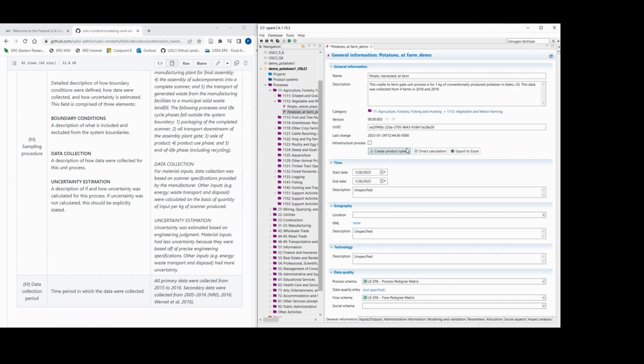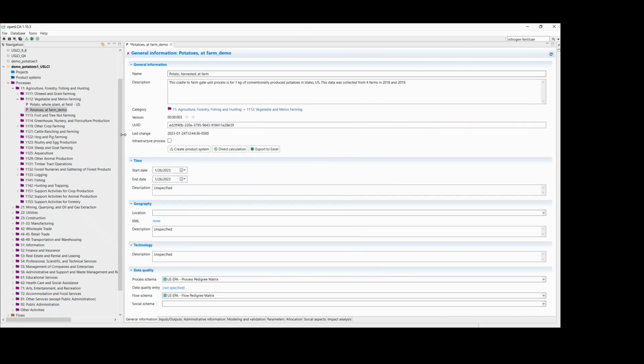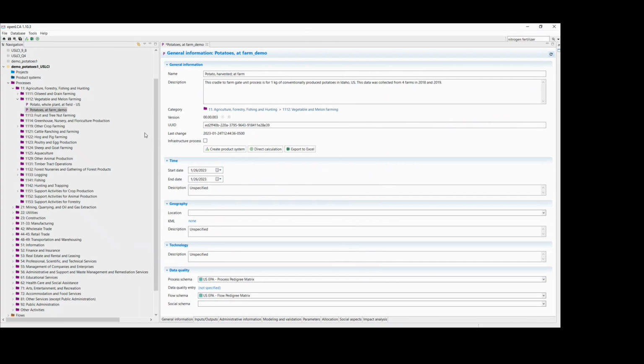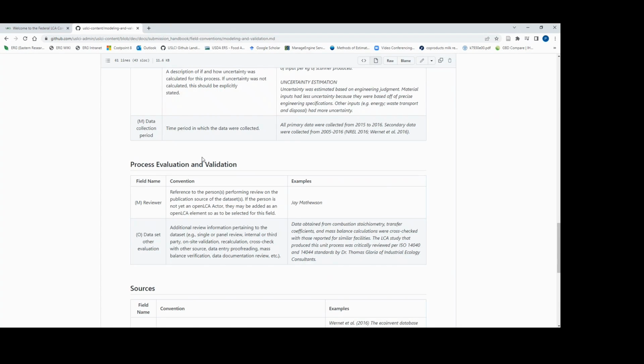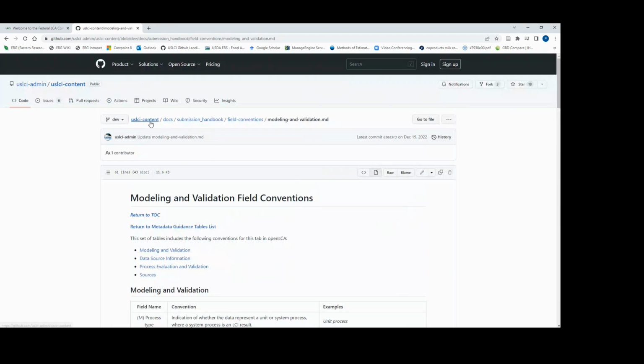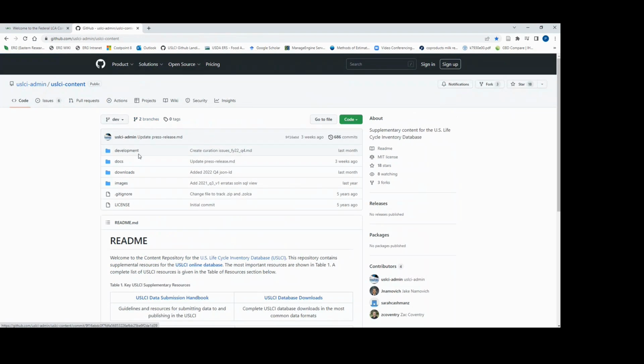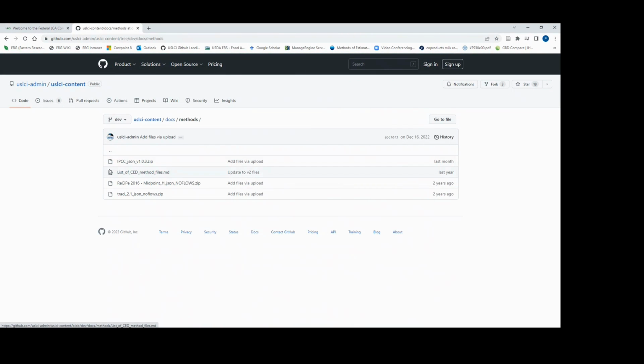So what we will want to do is import an impact assessment method. For this, I will use TRACI, and we can grab TRACI from the USLCI GitHub page. So we go to docs, methods, and then there are a few different methods that are compatible with USLCI.